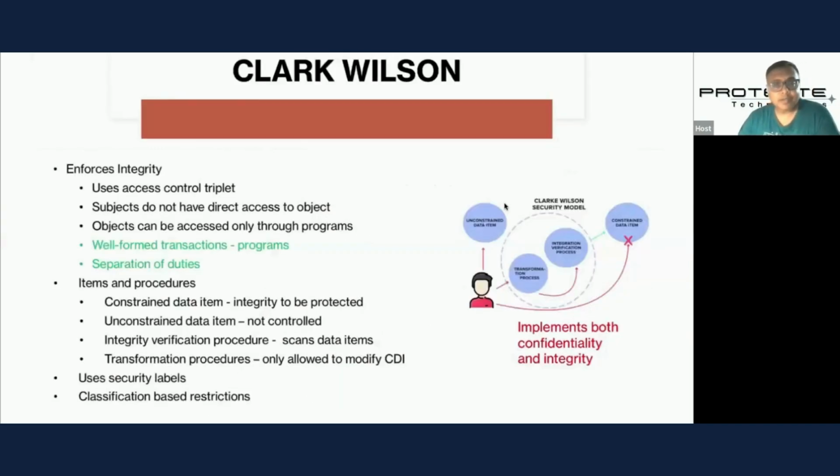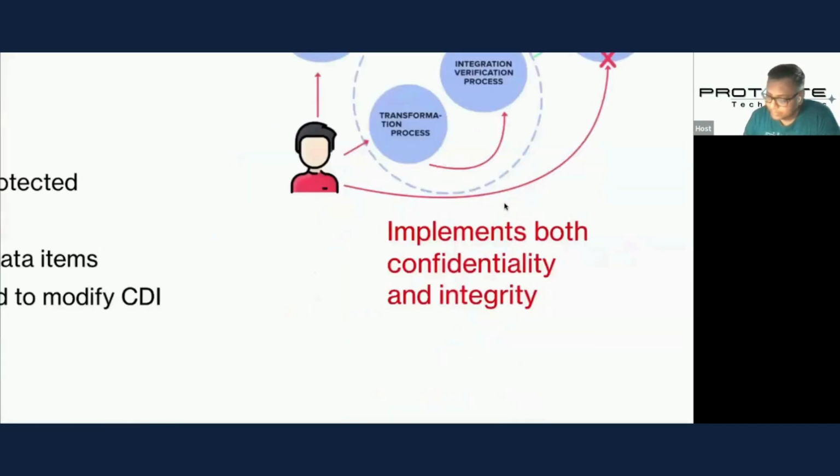Now, the next model is called the Clark-Wilson model. What is Clark-Wilson model? Clark-Wilson model is again an access control model, which is formed on well-formed transactions and separation of duties. So try to remember this word. If you look in this diagram,